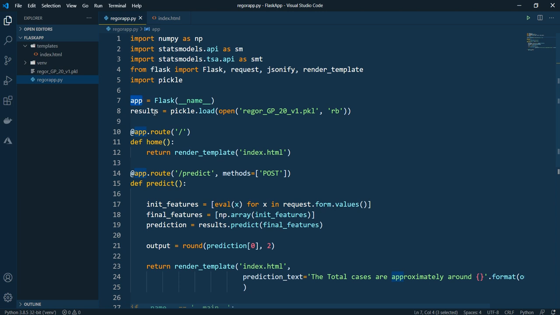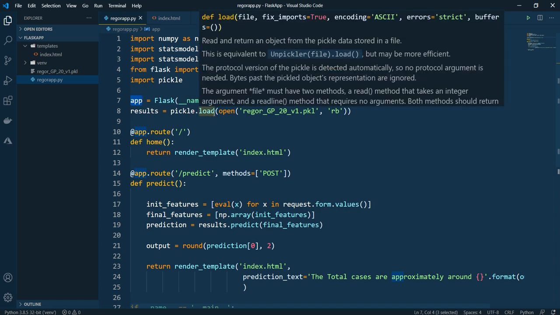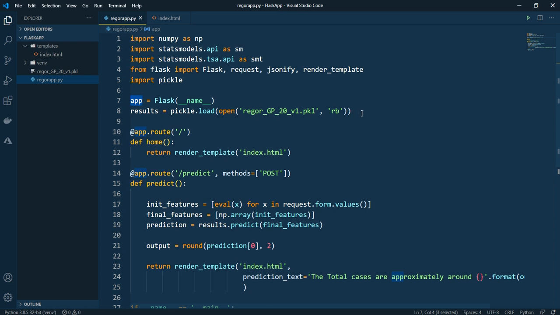Then I'll create a variable, this results variable, which is not the variable we created in the Colab notebook. This is a new one. And then I'll call the load method from pickle, which is the same thing we saw in the Colab, and we put it into results.